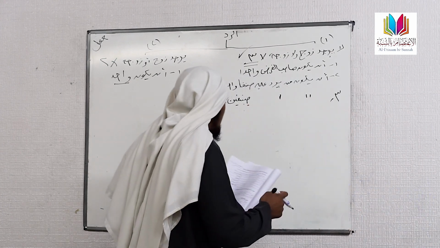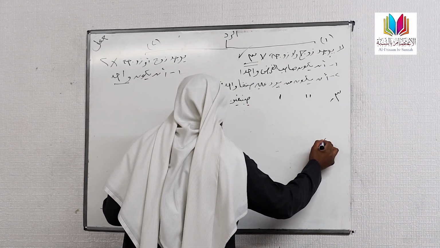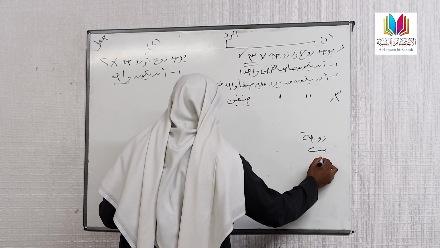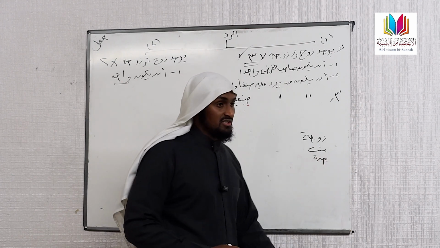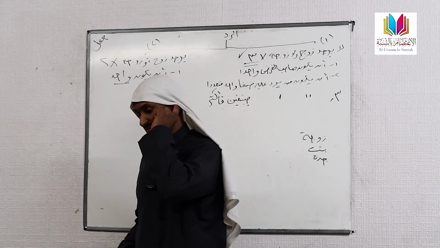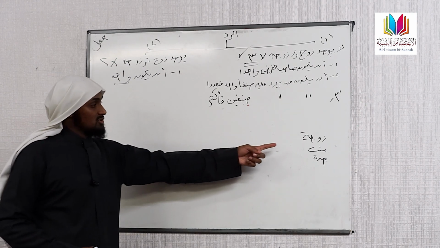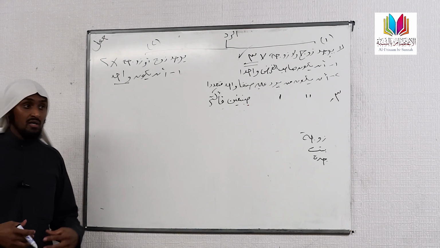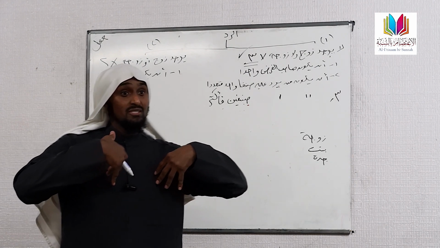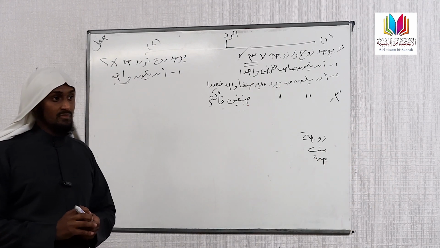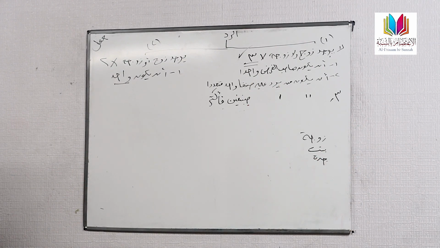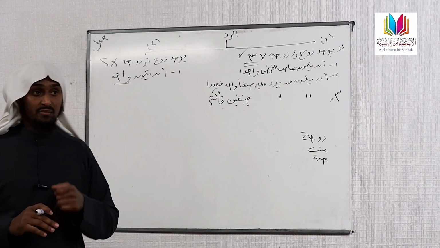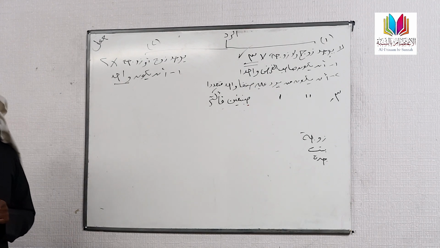So for example, here we've got zawja, bint, and jadda. Pay attention here. This requires a bit of thinking. Zawja, bint, and what? Jadda, right? Okay. There's a long way of doing it, which is found in the majority of books of fiqh. Or there's a shorter way of doing it, in which you'll get exactly the same natija, exactly the same outcome.